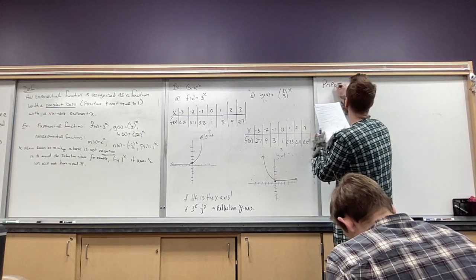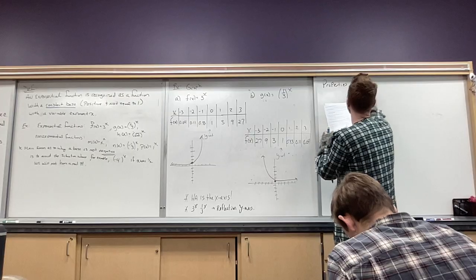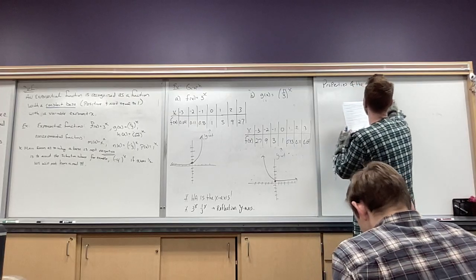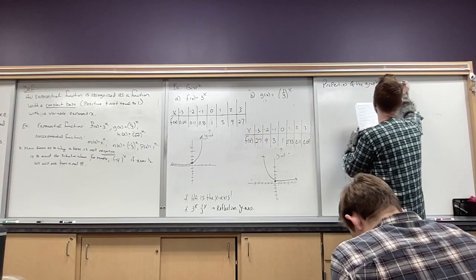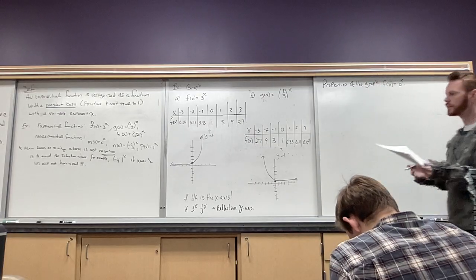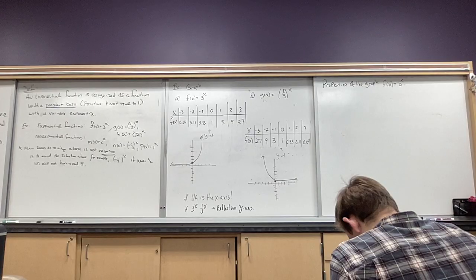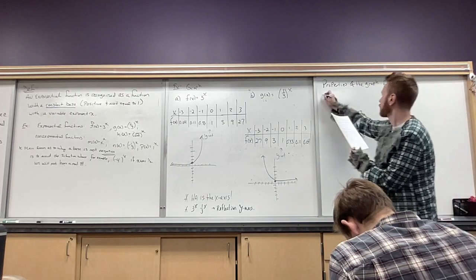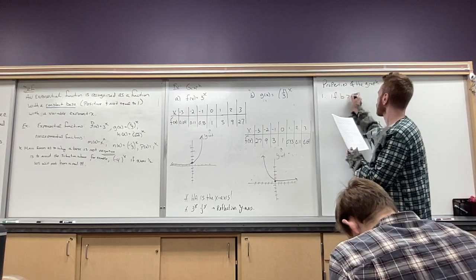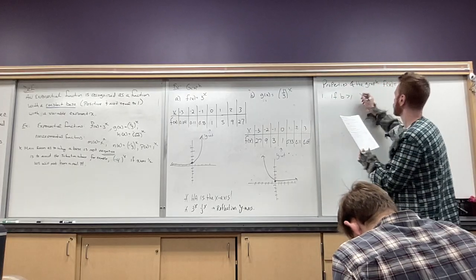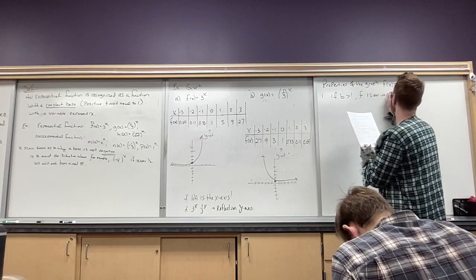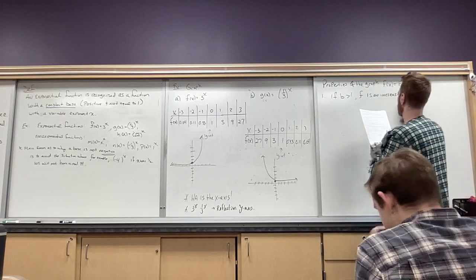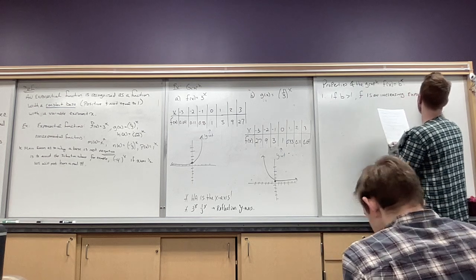All right, let's talk about some properties. Properties of the graph. f of x equals b to the x. So now that we've seen a couple of them graphed, let's see if we can't finalize some observations here and talk about it. So our first little property, if my base is bigger than 1, so I'm talking like part A over there, f is an increasing exponential function,